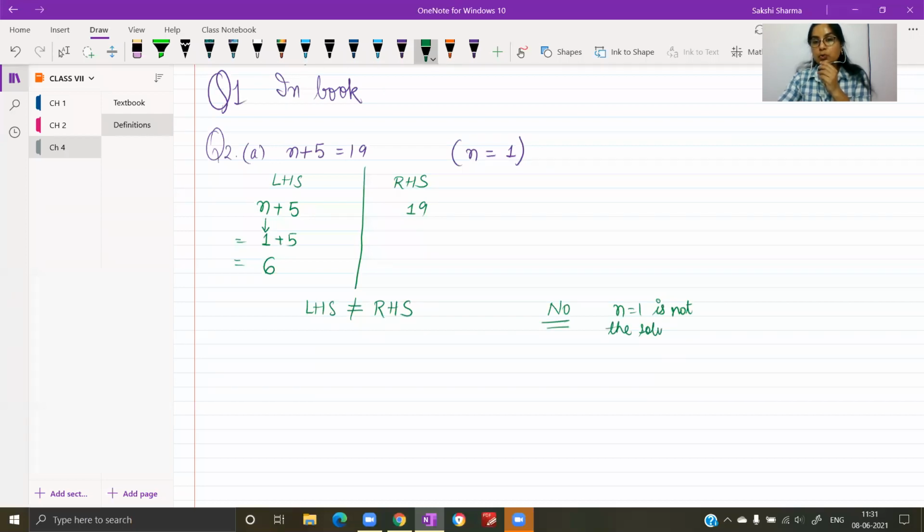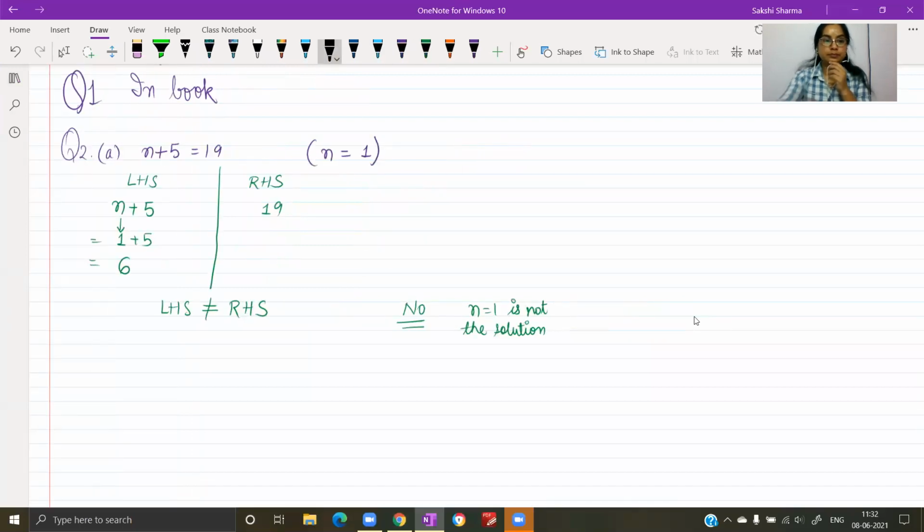This is similar to the example I have given you when we were writing down the definition. जब हम definitions लिख रहे थे, तब मैंने आपको example देके समझाया था कि हम कैसे check करते हैं value दी हुई correct है या नहीं. You have to do it by showing RHS and LHS. You have to show your work in this case. Even if you simply write down no, that also works. If you don't want to write down this complete line, you don't have to write. Just write down no or yes.